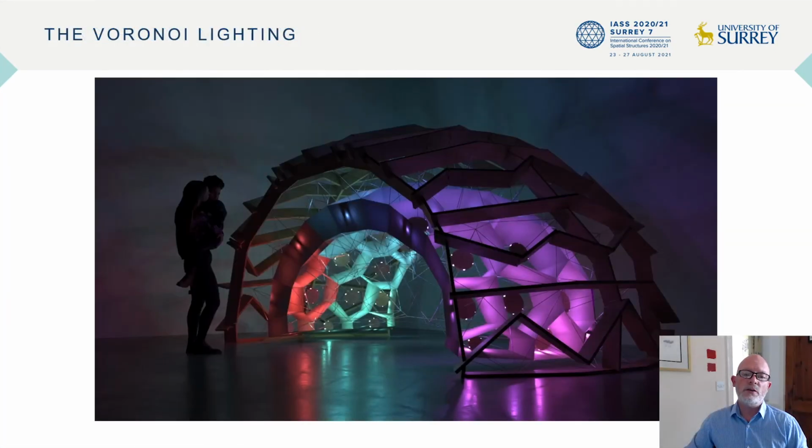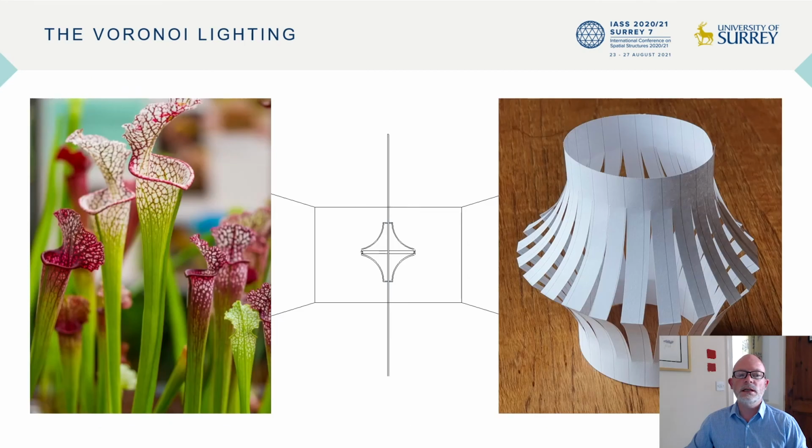The lighting of the Voronoi draws inspiration from nature and the attraction that flowers and plants can have on some animals and insects. Each cell of the Voronoi is individually lit by a unit constructed around the Voronoi's structural wire system. Each 3D printed unit contains a series of LED lights that cascade through a spectrum of colour. The 38 cells combine to create a dazzling display of colour, luring spectators in.